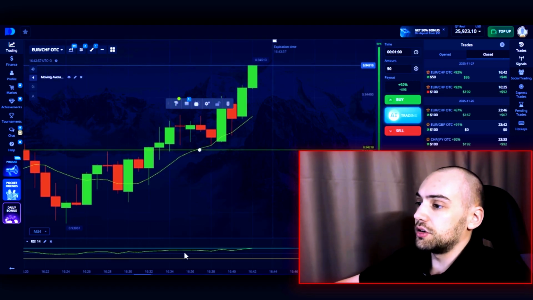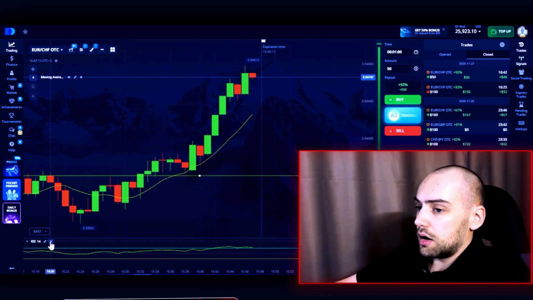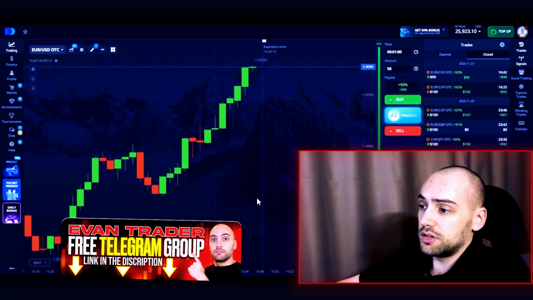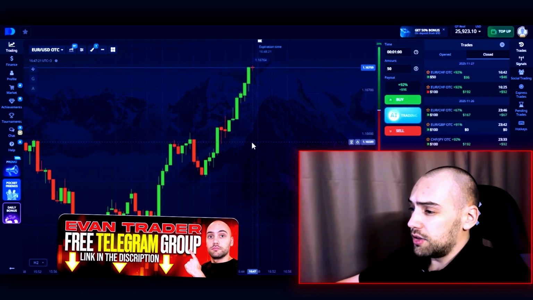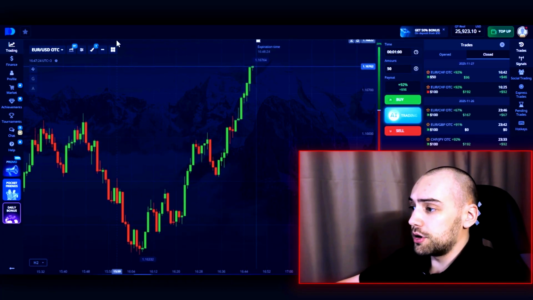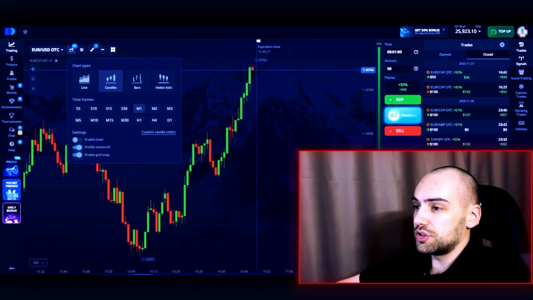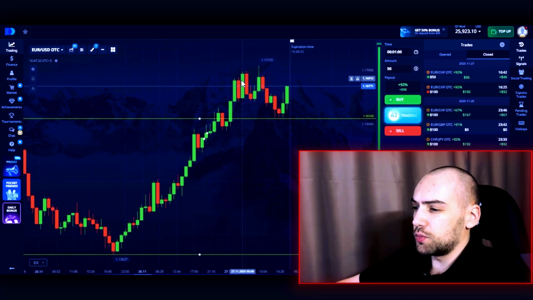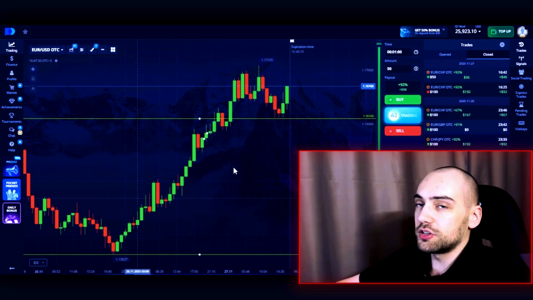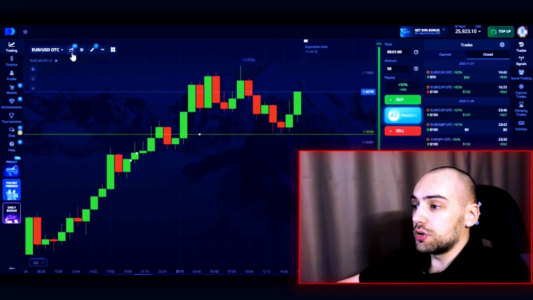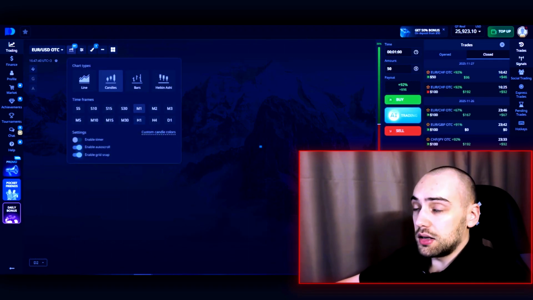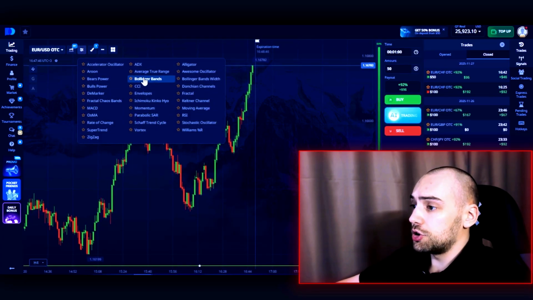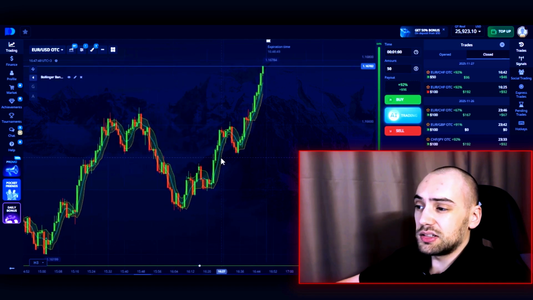So first of all, let's clear the previous indicators and let's choose another currency pair. Let's say Euro USD. Looking at the chart, the trend on the 5 minute time frame is upward. So I'll just check the hourly chart to see the overall trend. It's fluctuating in the middle with some jumps, but overall, this looks like an uptrend. So next, I want to introduce the Bollinger Bands indicator. Opening the indicators on the toolbar, we find the Bollinger Bands, select it,